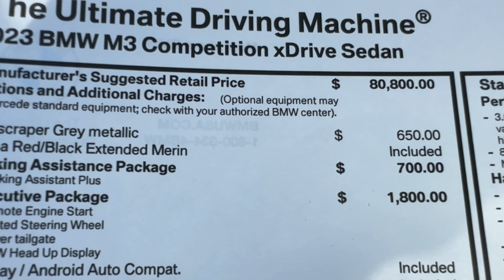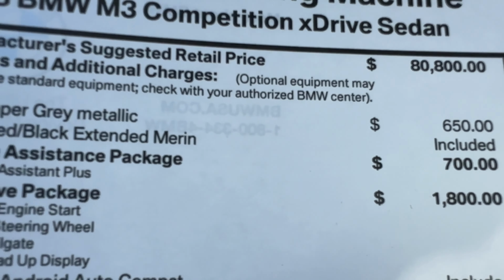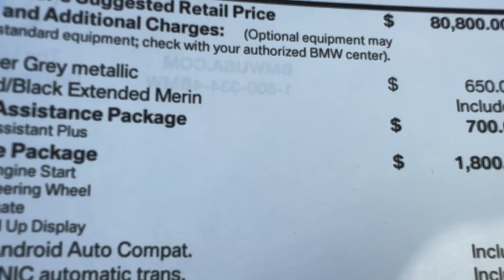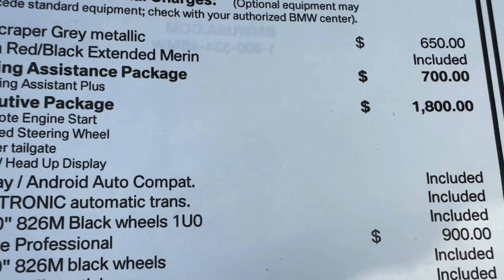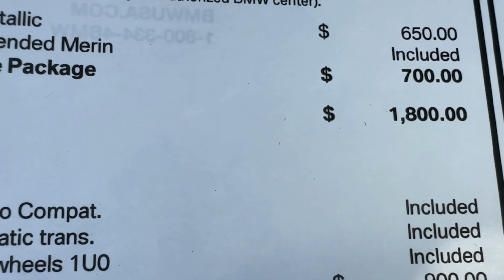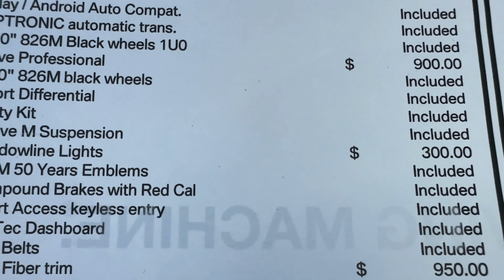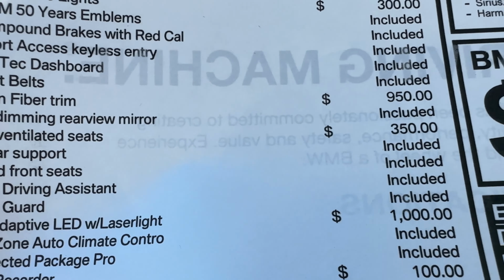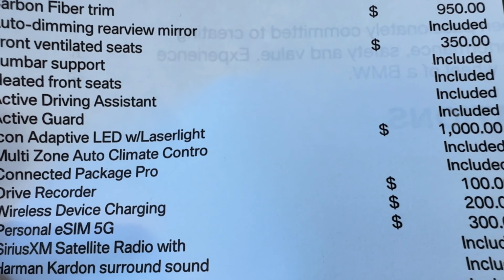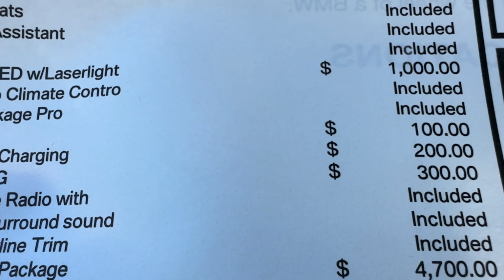So starting price of the M3 Comp xDrive, now $80,800, $650 for the metallic paint, Fiona Red included, $700 for the parking assistance package, another $1,800 for the executive package, $900 for the mDrive Professional, $300 for the shadowline lights, $950 for the carbon fiber trim, ventilated seats for another $350, $1,000 for the laser lights, drive recorder $100, wireless device charging another $200, the personal eSIM 5G for another $300,